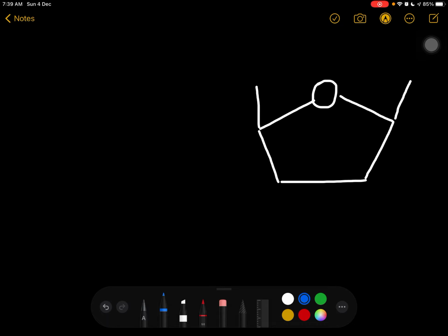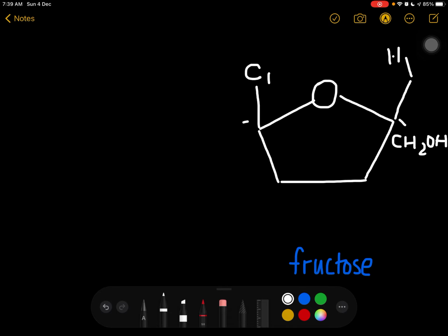Basically, at carbon here we are having H, here we will be having CH2OH. So this is carbon number 1, this is carbon number 2, carbon number 3, carbon number 4. So at carbon number 1, we will be having CH2OH,